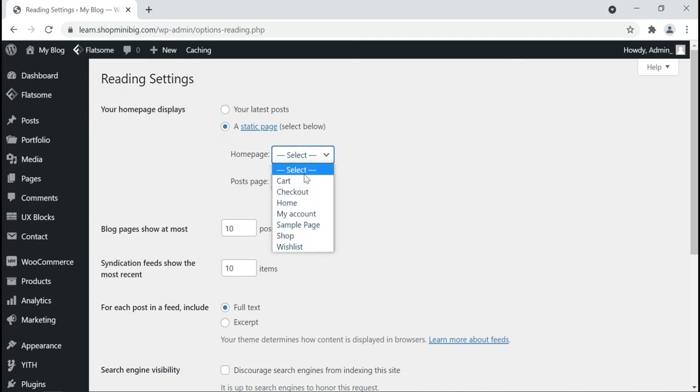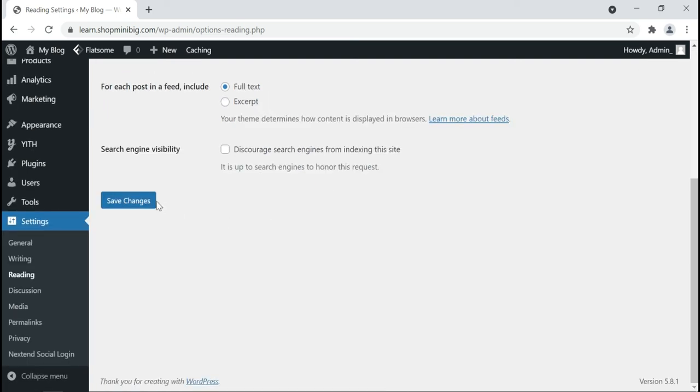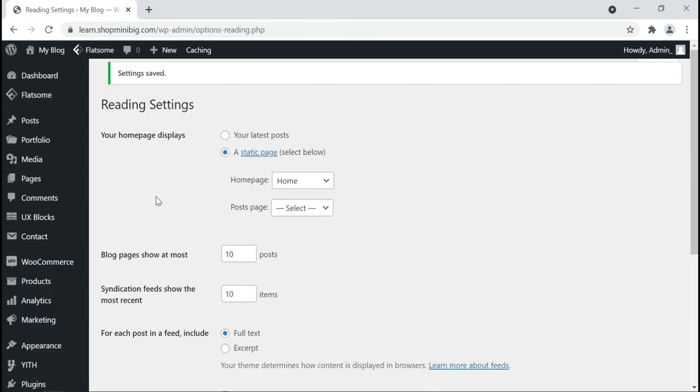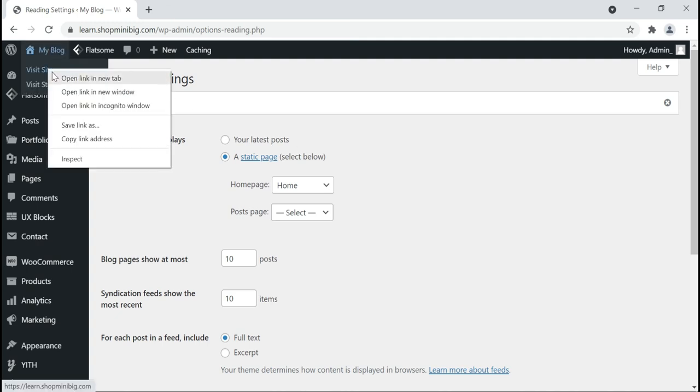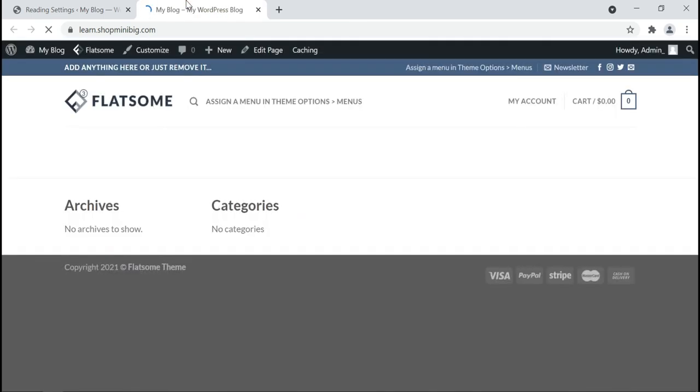It will be our landing page and home page. Then click save changes. Click on visit site. Now you can see that the default home page has gone and the new home page is now displaying.